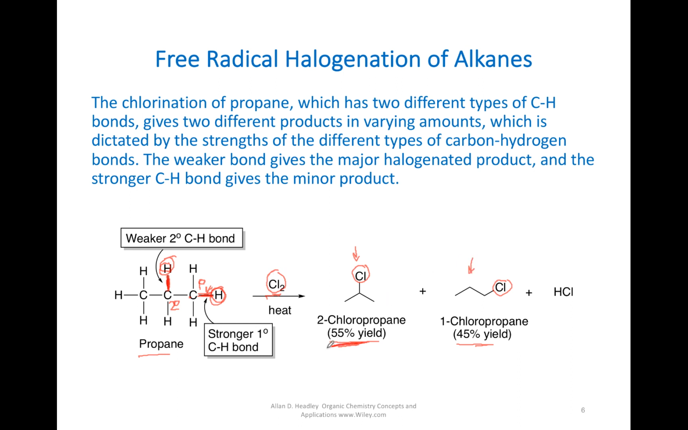The bottom line is they're not equal. Why? Because this bond here is weaker, as we said earlier, because it's a secondary CH bond compared to a primary CH bond, which is stronger. So there's slightly more of the 2-chloropropane compared to 1-chloropropane. However,